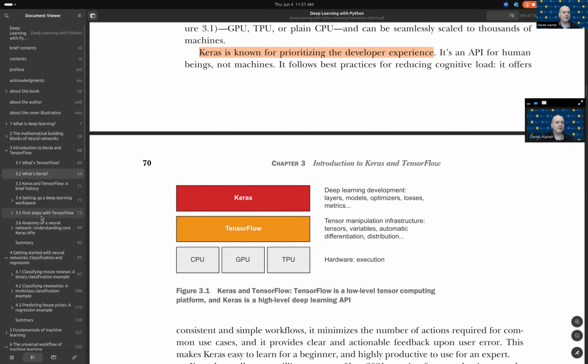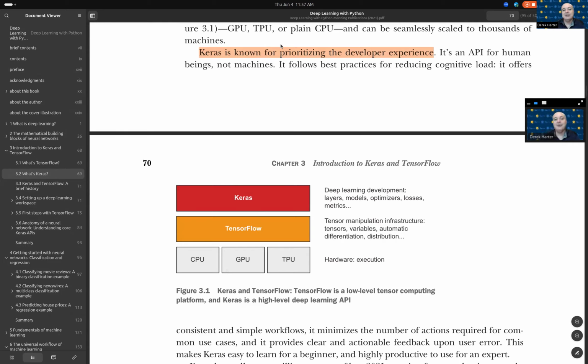So here was the first difference that I saw in the third edition. It was a good expansion of this. They talk a little bit about PyTorch and also JAX. Looking at this figure, if you watch my video on the chapter 3 stuff on Keras and TensorFlow, you can think of TensorFlow as a low level layer, above directly sending stuff for computation to the CPU, GPU, or a TPU, a tensor processing unit, if you have it.